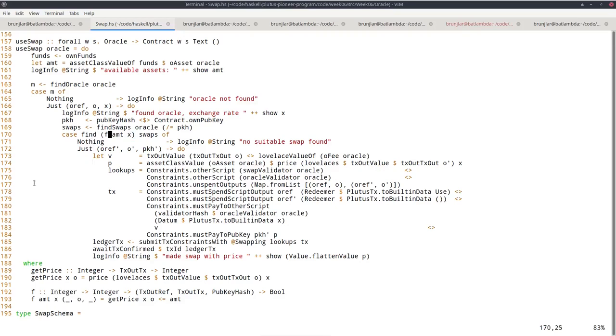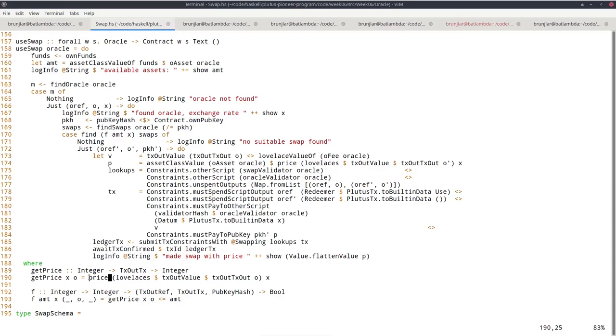And all we do is we check that the price we would have to pay for that specific swap is at most as high as the tokens we own. And this get price function is defined above here. So given exchange rate and an output, we just use our price helper function and apply it to the Lovelaces contained in the swap and the exchange rate.